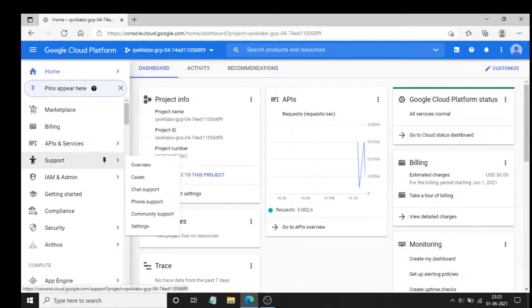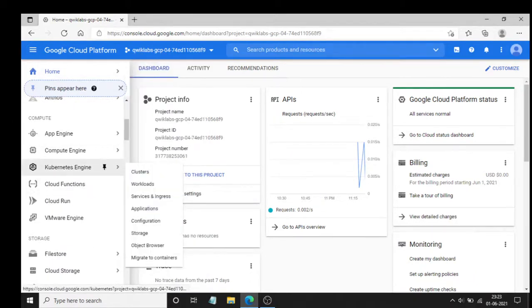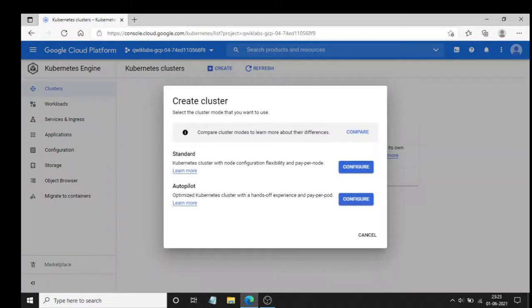Okay, so just click on the menu, go down to Compute, click on Kubernetes Engine, and click on Clusters. Since GCP is being updated daily, many Google engineers are working on it and making it easier and easier. I'll tell you a new short trick in GCP today. Just click on Create, and choose what you want, Autopilot or Standard. Everywhere in GCP you will find a definition for the option that is there. Click on Standard for now. I am clicking on Standard. Click on Configure.